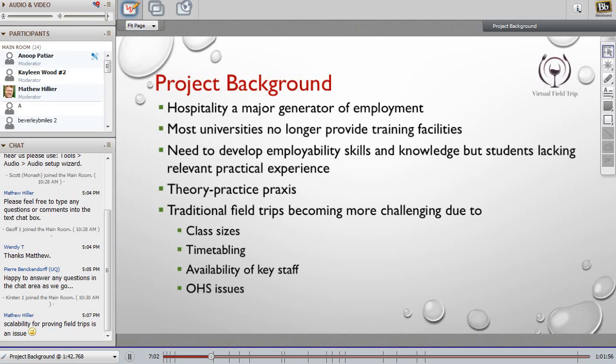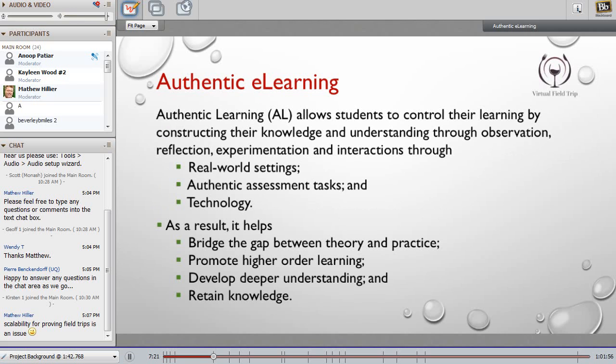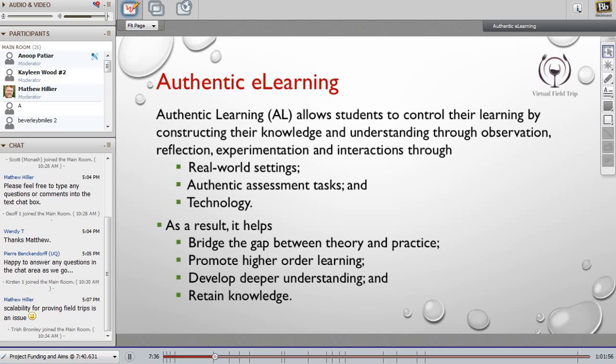And this also allowed us to collect some data to establish how students are receiving the virtual field trip and what impact it was having on their learning ability, their learning experiences, satisfaction, and so on. We collected some data on that, and so far we have already published 3 papers based on that exercise.